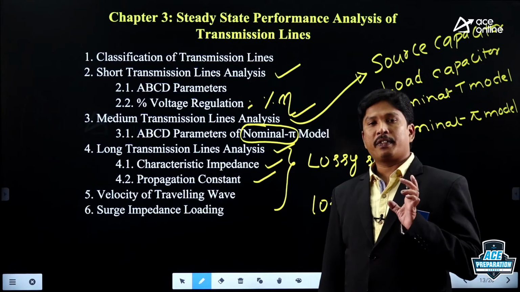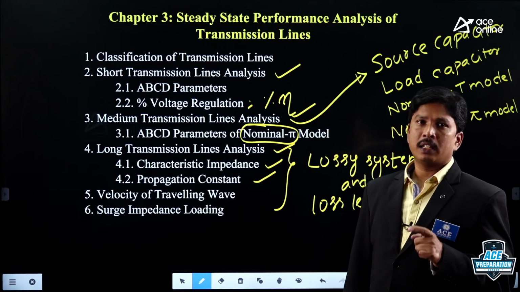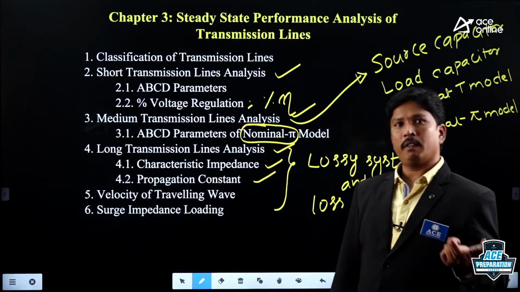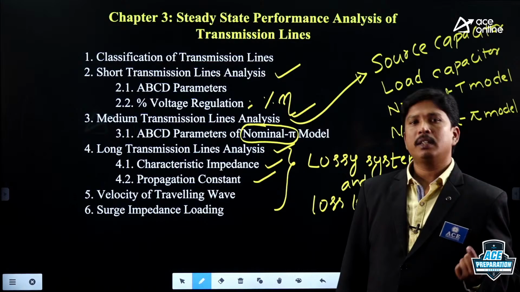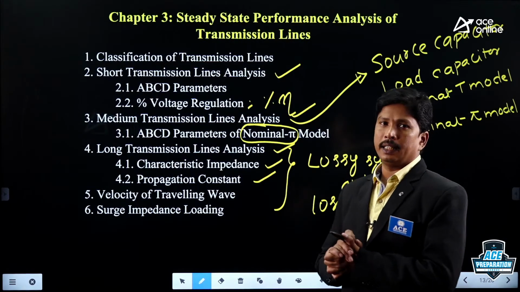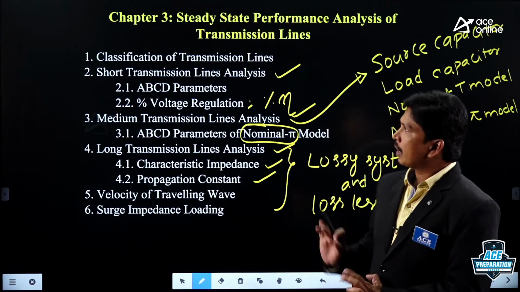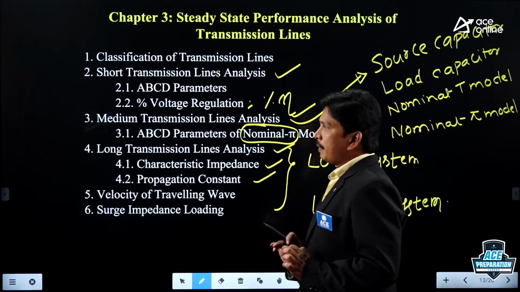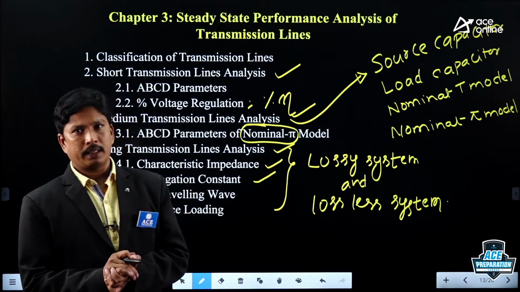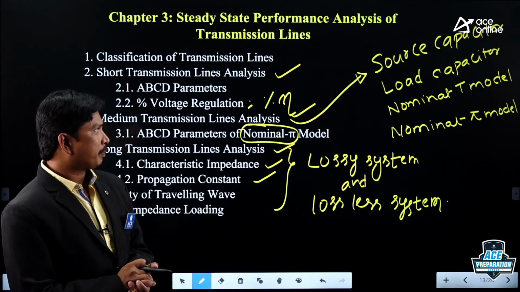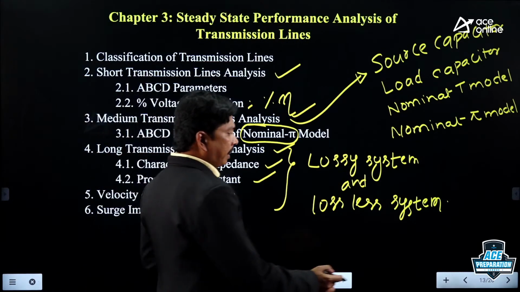So what are the different cases of surge impedance loading? What happens when the loading increases on the transmission line, and when loading reduces, what happens? All those things we are going to see in the surge impedance loading case. This is the biggest chapter we are having, a very heavy length chapter in the entire transmission and distribution part. Clear?